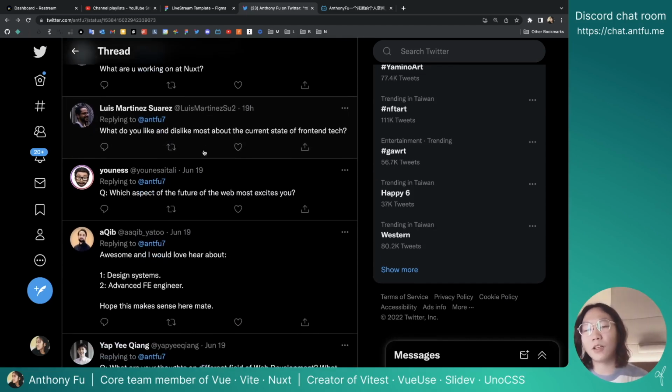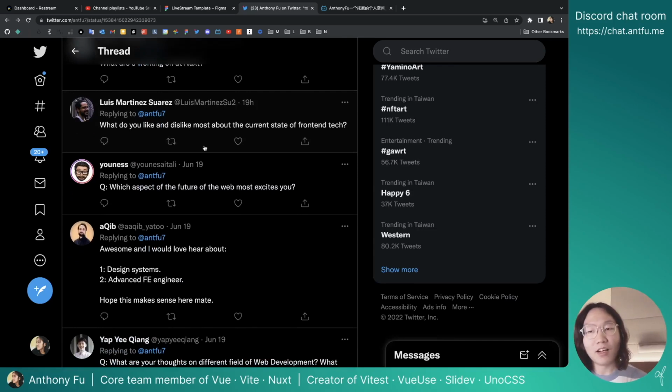Moving to the next. What do you like and dislike most about the current state of front-end tech? I don't really have a strong dislike, to be frank, but yeah, probably Safari. But the thing I enjoy is that we have a really strong community